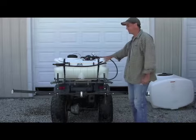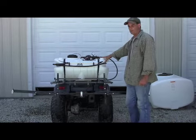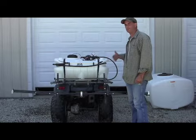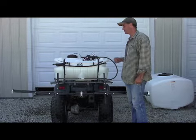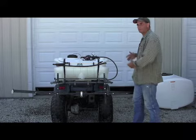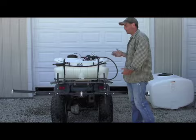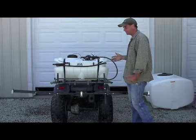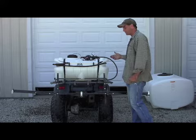I want to do a quick little video here showing you, when you get a new sprayer, a few things you need to check out before you start operation with the unit. So whether you've got a trailer sprayer or an ATV or a spot sprayer, basically follow your assembly instructions, and